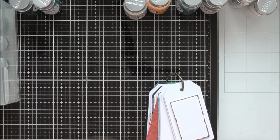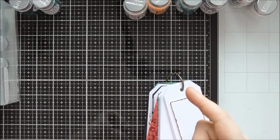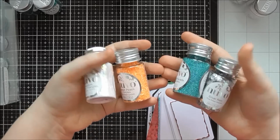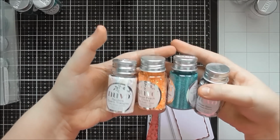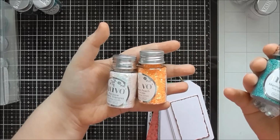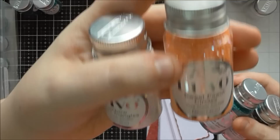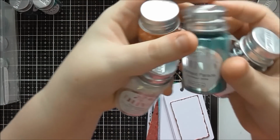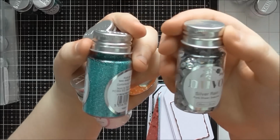And then most recently, for 2019, they're bringing out their colour trends throughout the year, and these were the ones that came out in the Dream in Colour collection. So I think for most of the collections, they're bringing out a glitter, some sequins, and then a couple of confettis. So we had the Sweet Peach Circle, which is my favourite, the Rainbow Quartz Triangles, Mermaid Parade Glitter, and